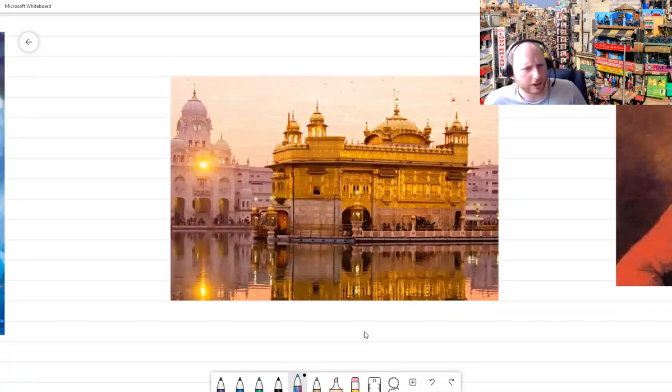lived in an interesting community. He lived at a time when Muslims and Hindus were not getting on. The Mughal emperor is in charge, and there are Hindus all around the place. And he connected with God, according to the stories. There are lots of cool stories about Guru Nanak and the cool things he did. But according to Sikhs, he brings together Hindus and Muslims. Some of his followers were Muslim, some were Hindu, and he makes this new religion, a bit of a combination of the two. It's similar to Hinduism, but it's also similar to Islam.